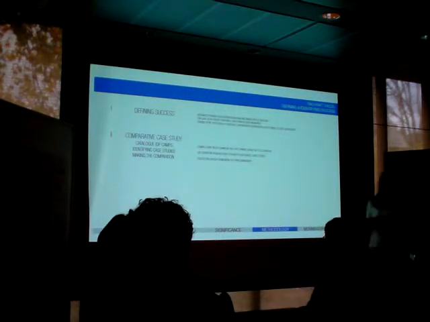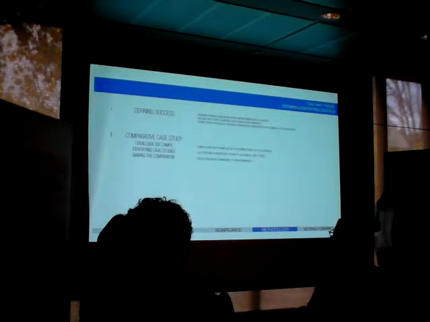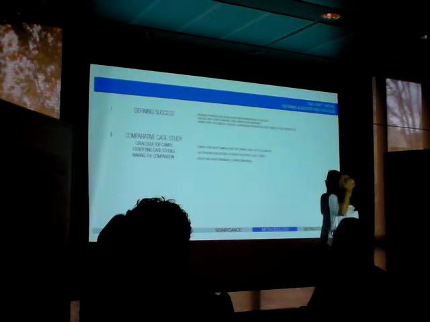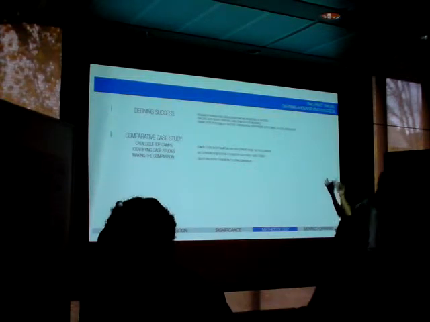The second part is the comparative case study. The first step is cataloging IDP camps, so gathering data on camps that were deployed in Haiti, when they were deployed, how many people they served, demographics, whether or not they're closed, and the current situation. Then, using the definition created in the first part, identifying successful case studies. This part I'm still working through. After identifying those case studies, I'll identify an evaluation framework in order to compare the different case studies and also to extract an actionable item or lessons